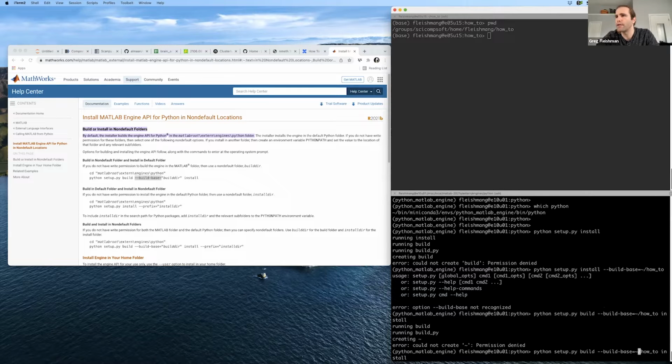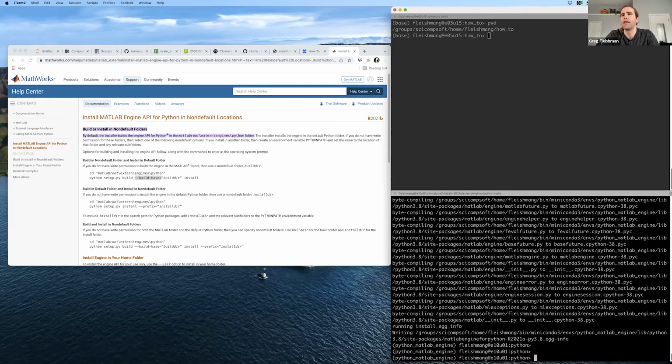Apparently I don't have access to my own home directory. I'll just give the whole path. Groups, sci, comp soft, home, how to. There we go. Okay, so that